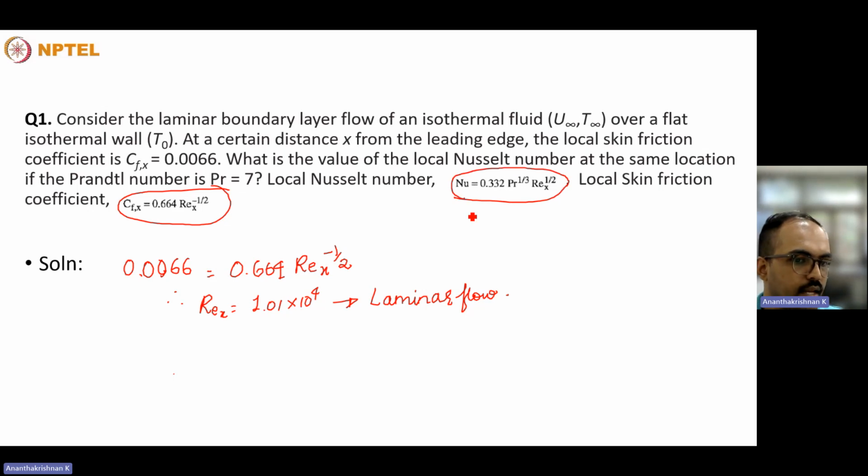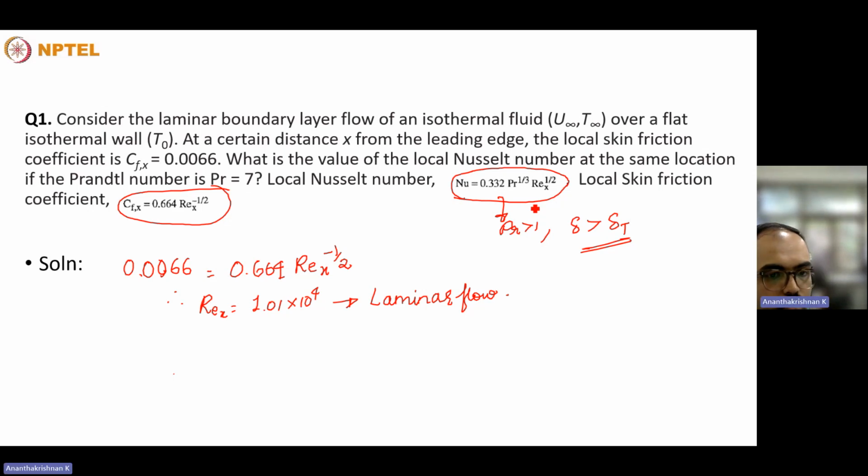If you have seen the professor's lectures, this is the correlation for Prandtl number greater than 1, which implies the hydrodynamic boundary layer is thicker than the thermal boundary layer. The derivation of this involves the solution of the Blasius equation, a third order nonlinear ordinary differential equation,